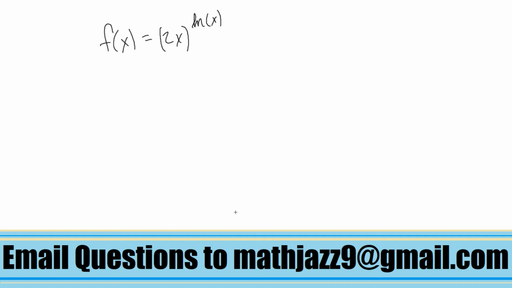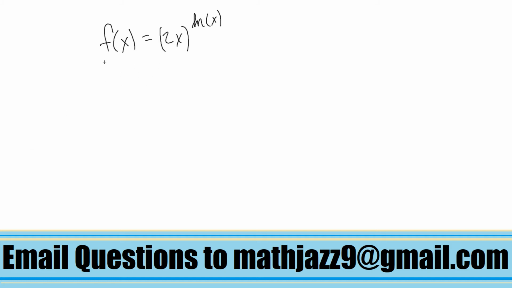Okay, so this is our function. We want to take the derivative. Now, because we have a variable in the base and in the exponent, we can neither use the power rule nor the exponentiation rule to take this derivative. Exponent derivatives work when this is a constant. Power rule works when this is a constant. If neither of them are constant, you can't use either rule. So we're going to have to do